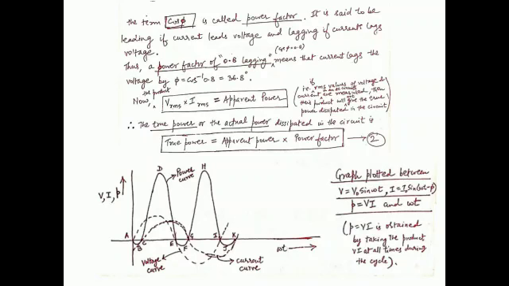Now the product V rms times I rms is what we call the apparent power. That is, if RMS values of voltage and current in an AC circuit are measured, then this product will not give the true power dissipated in the circuit, but what we call the apparent power. Therefore, the true power or the actual power dissipated in the circuit is simply the apparent power times the power factor, as given by equation number 2.